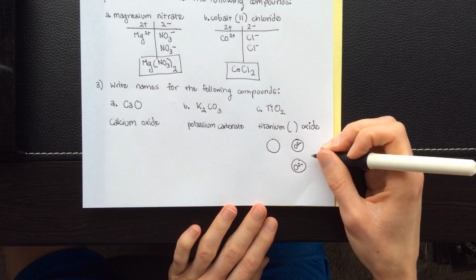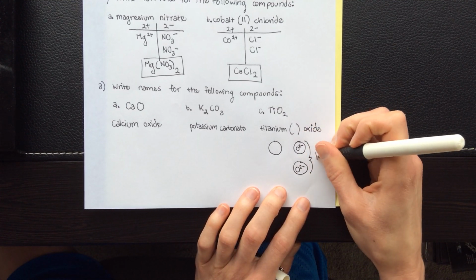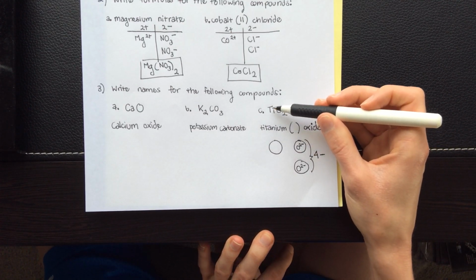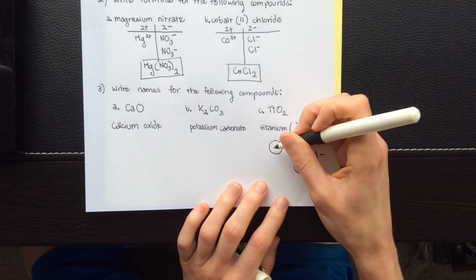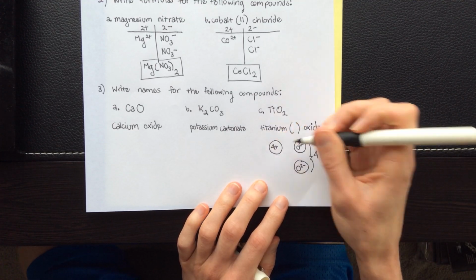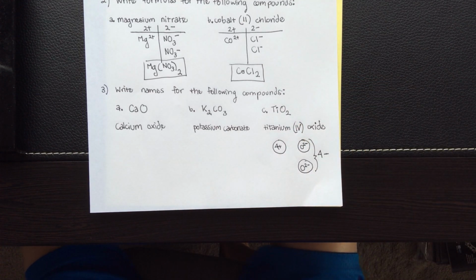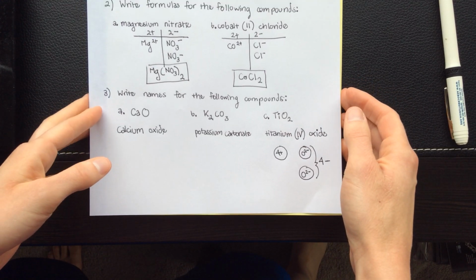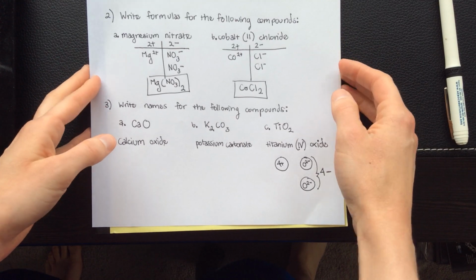So overall, that negative charge, if I add those together, that's -4, right? 4 minus. And I know that my 1 titanium has to balance out that negative charge. So it's got to be a 4 positive. So it's going to be IV, because IV is 4 in Roman numerals, okay? So again, you might just need a little bit of a refresher on that. We've got lots of nice practice problems for you on how to do